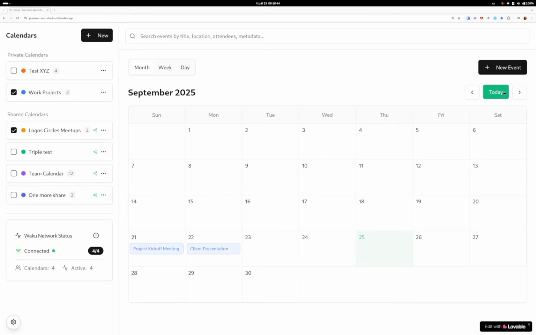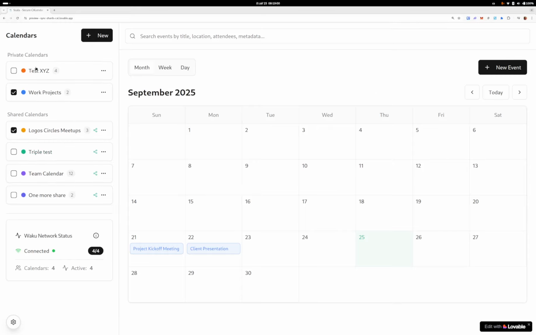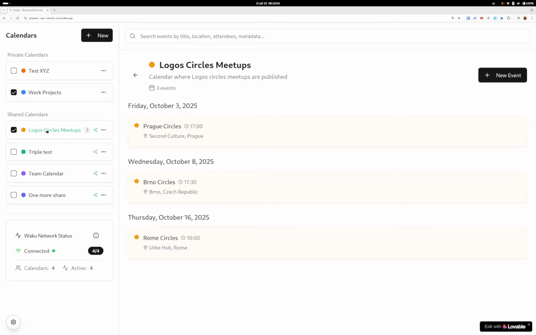It's a calendar app. You can probably see that it's a calendar, and well, you can use it as a calendar. So you can click and create an event. You can view existing events, and you can have multiple calendars. And you can also click on a calendar and then view all the events, past and future, in that calendar. And so